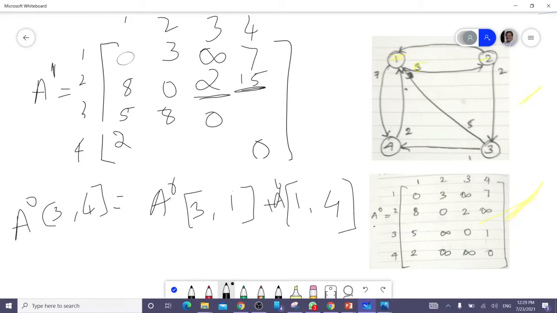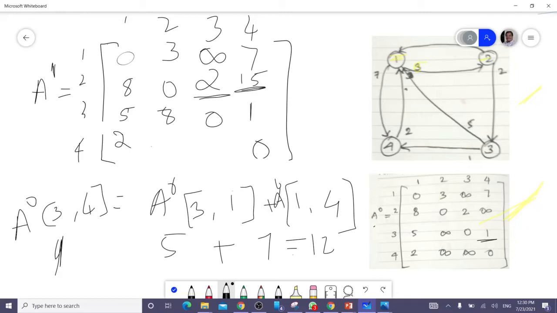You know very well a0 of 3 comma 4 is 1. Just write 1. And you have 3 1 is 5, plus 1 4 is 7. So this becomes 12. Of 12 and 1, which is smaller? 1 is smaller. You write 1 as it is.